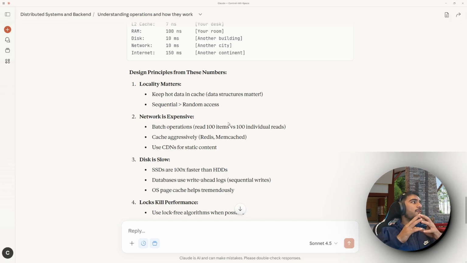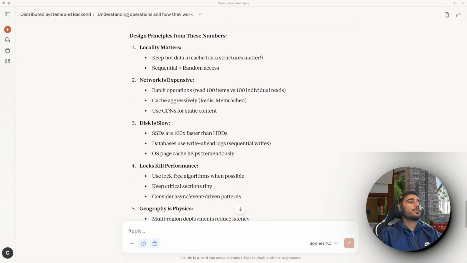And there's something similar to what Kafka also does. It has a local buffer. All of the messages that need to be sent, it keeps collecting them. And when that buffer size is reached, it sends out those messages in batches so that network write or read is optimized. Cache aggressively. Redis, Memcached by Facebook. These are the ones that are used a lot. Then using CDNs for static content. Yeah, we have a lot of these things in the first chapter.